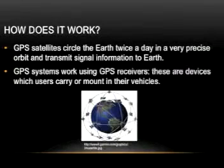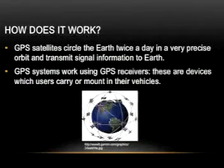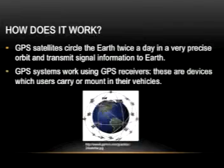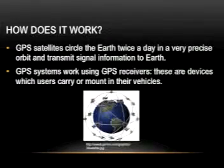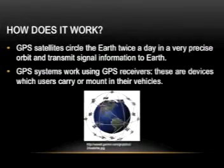GPS satellites circle the Earth twice a day in a very precise orbit and transmit signal information to Earth. GPS receivers take this information and use triangulation to calculate the user's exact location. Essentially, the GPS receiver compares the time a signal was transmitted by a satellite with the time it was received. The time difference tells the GPS receiver how far away the satellite is. Now, with distance measurements from a few more satellites, the receiver can determine the user's position and display it on